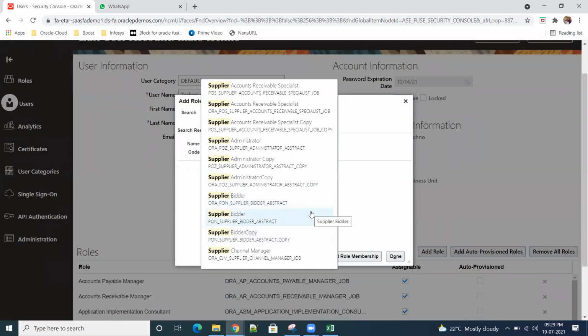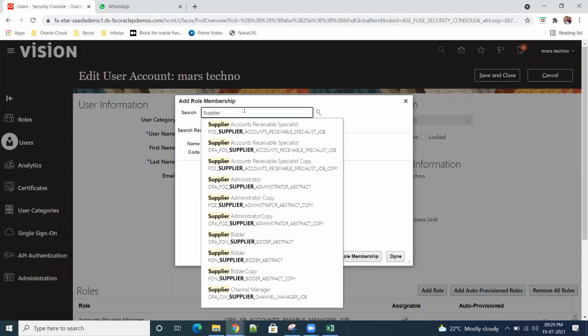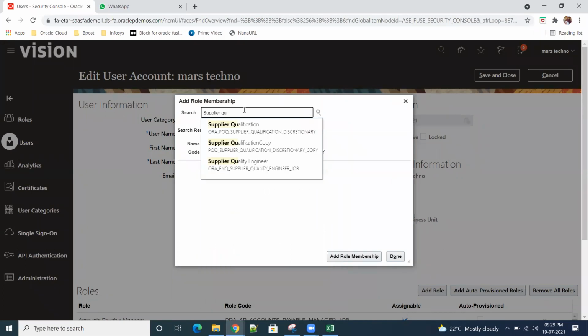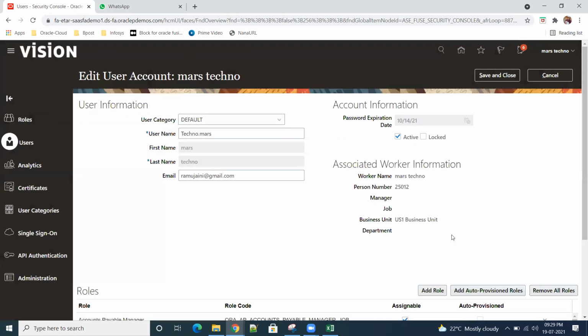Okay. So role-wise, I don't recall much, but administrator is required, and there was one role in SMO that we have added the privilege. That privilege is required to make the transaction. Let me check the exact privilege name. Supplier qualification. This is for qualifying the supplier. Anyhow, I think supplier administrator and manager is enough. So we'll see in further.